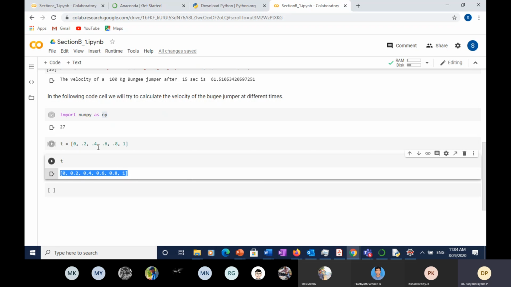The thing with this array is that it is an array of equally spaced elements. The interval size is the same. You add 0.2 to the previous element and you get the next element: 0, 0.2, 0.4, 0.6, 0.8, 1. If you create an array like this, later on you can use it for other calculations. If you want to create an array like this,